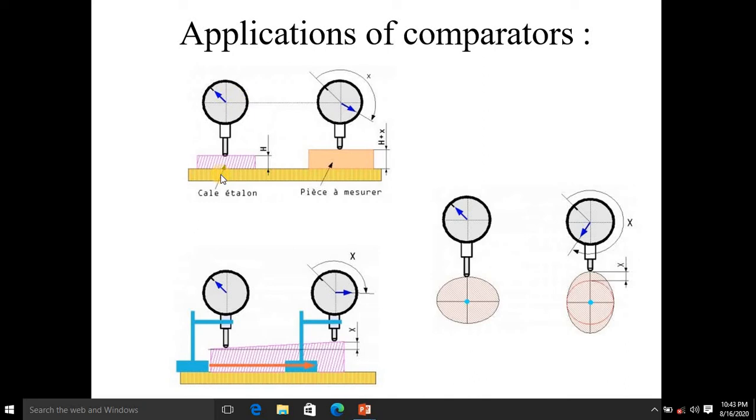So the initial reading, your dial indicator is over here. After measurement of the piece, there is a deviation from the actual. You can see this particular deviation x. So this particular height must be h plus this deviation x, h plus x. It is also used for roundness and ovality of the job. It is also used in taper measurement. Look at this. In the case of any job, taper measurement, initial reading and final reading, there is a deviation of x, which is the deviation on the job, and is indicated on this particular dial indicator.